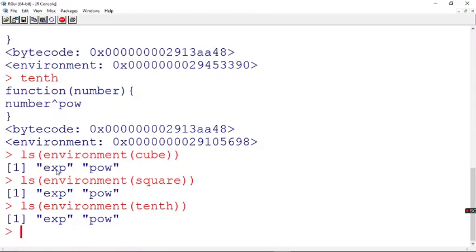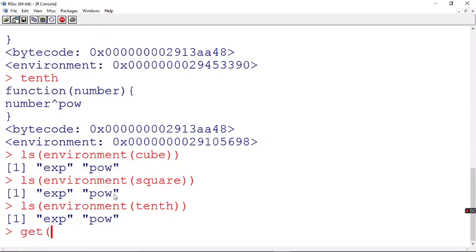So is it going to have the same value or a different value? If you create this exp and power in your global environment, whenever you access it, you will get the same value. But since it is created within this function environment, you will have different values. Now let's see that. I say get, from the cube I want to get the power value, or maybe number.